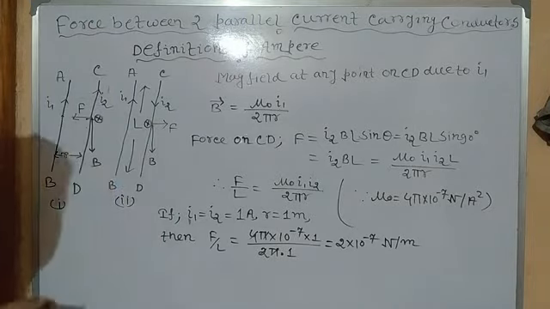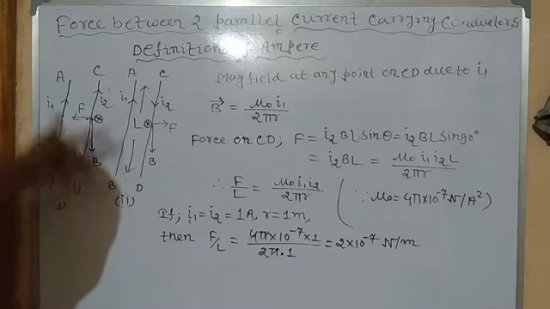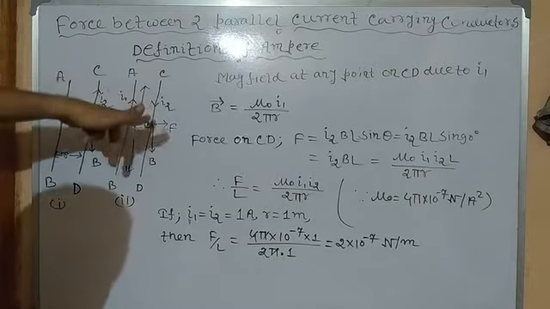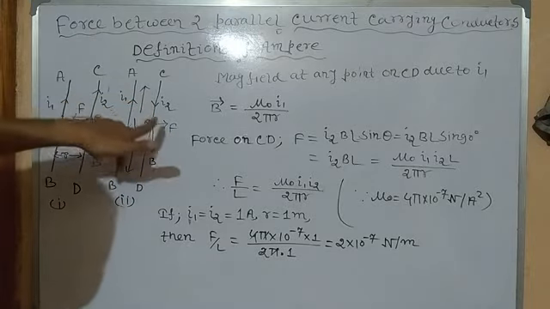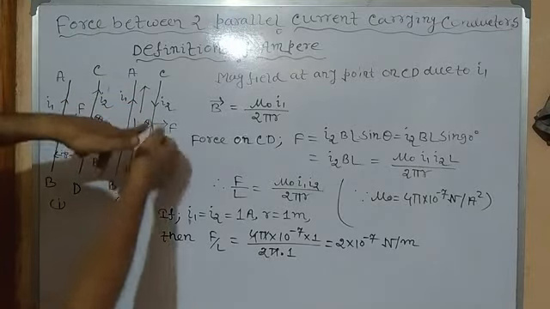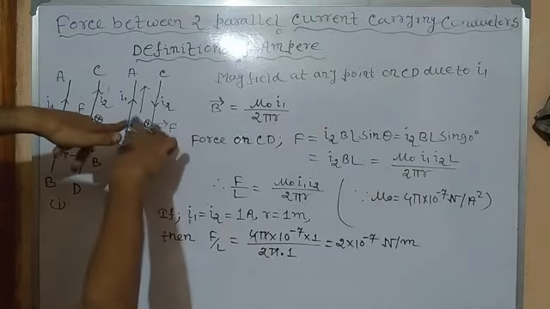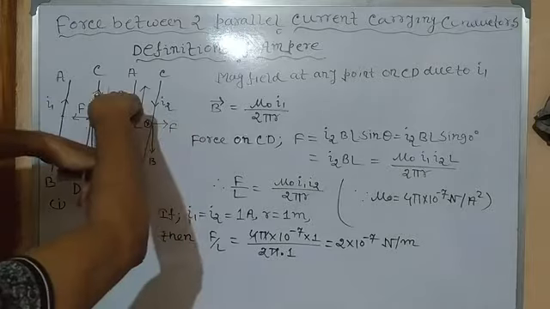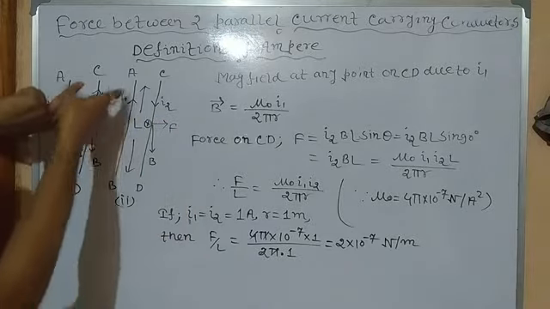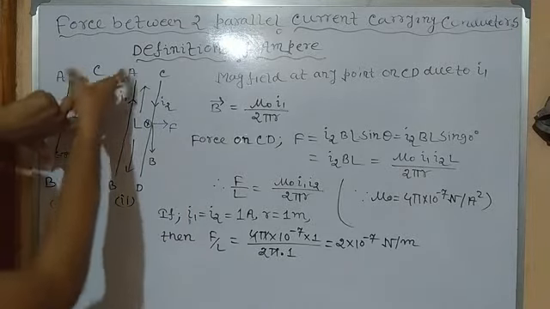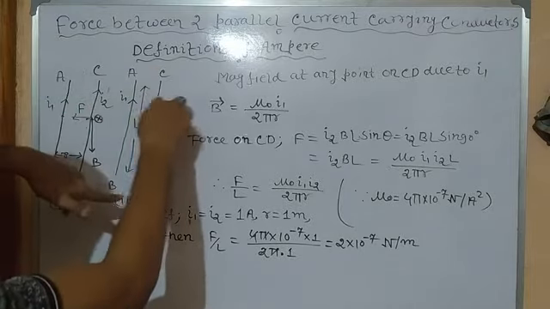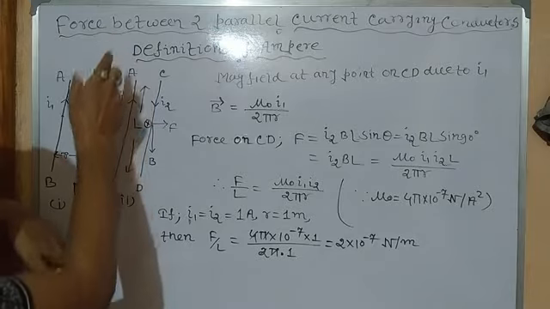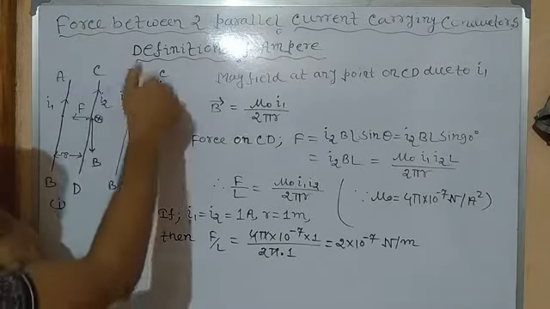But in the second case, a magnetic field is created here. Look at this. The magnetic field is penetrating, which is indicated by the tail of the arrow, it is going inside. In the previous case, the direction of current was upward. But here, you can see I1, the direction of current in conductor AB, is upward, whereas I2 is opposite.